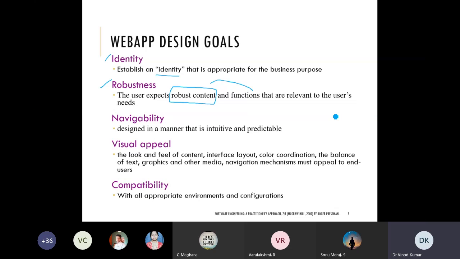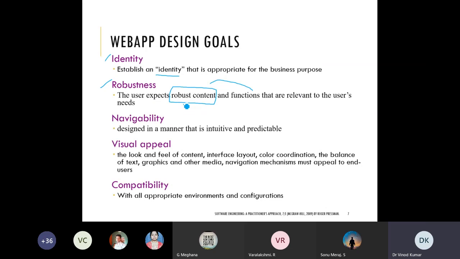Content quality is also good, and it serves your purpose. Then what will you say? Robust content is there, quality content is there, so it is serving your expectations.